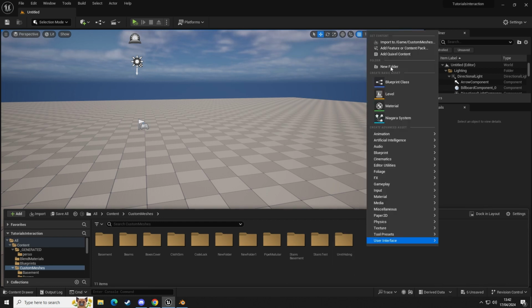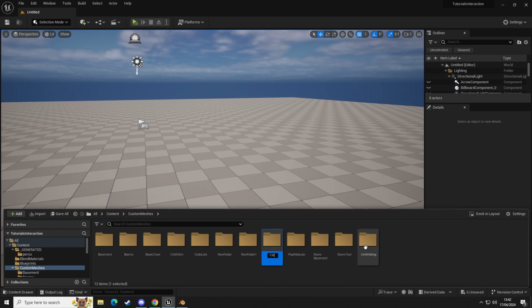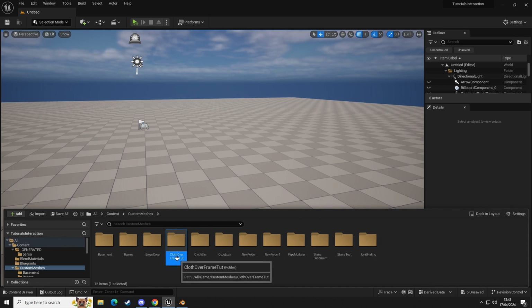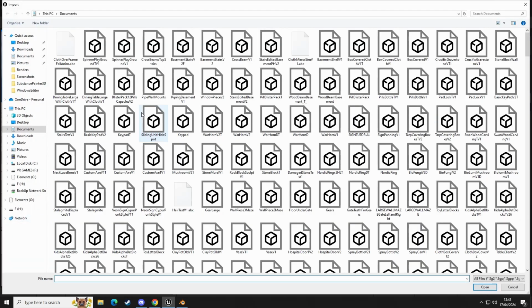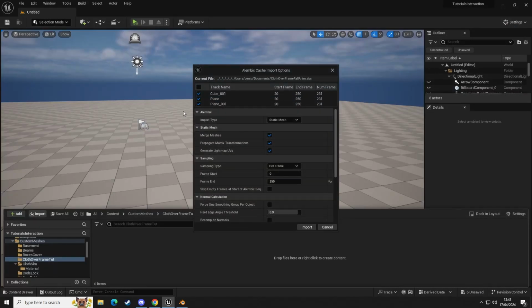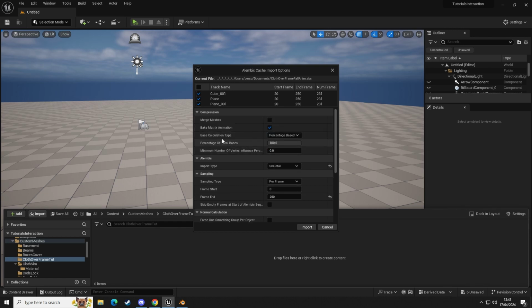So we're going to go to new folder. We're going to call this cloth over frame tutorial. I'm going to open that up and then go to import, and we're going to get our alembic.abc. Click open. Okay, so in here we want to get a skeletal mesh because we have an animation on the cloth, and we can import, I think it's going to take that folder,